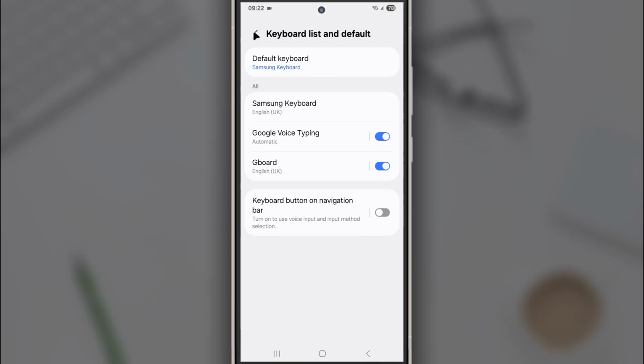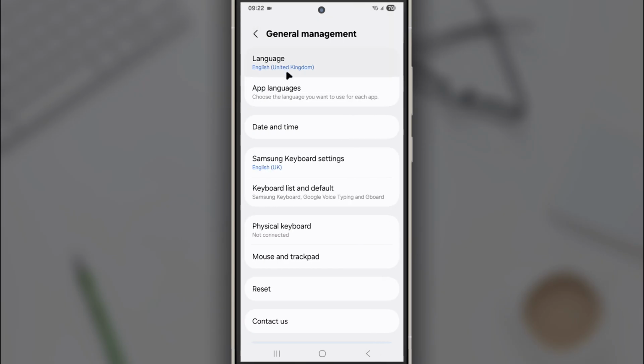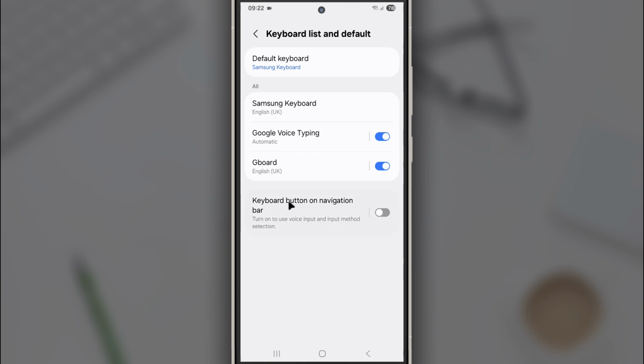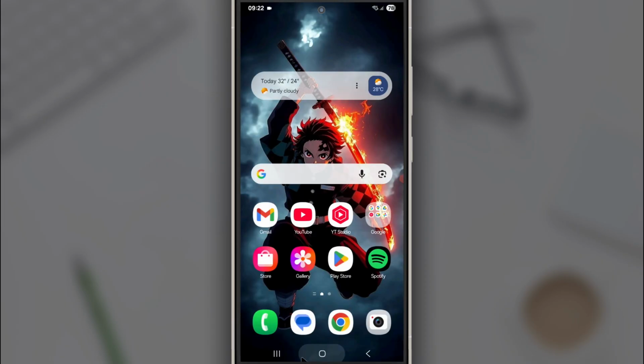Next, we need to go back to General Management. Then click on Keyboard List and Default. Then you want to enable this feature that says Keyboard Button on Navigation Bar. And we are done. If we go back to using the keyboard now,